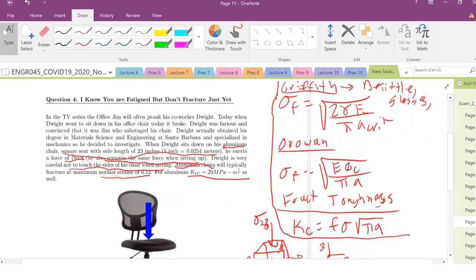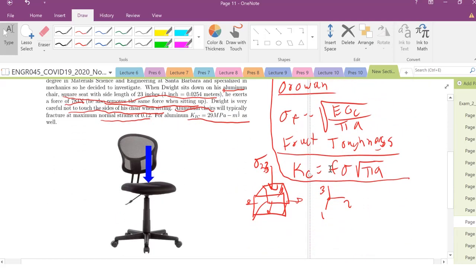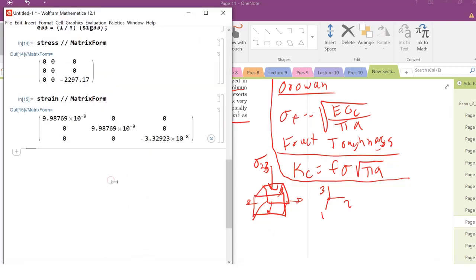No. Are we given G sub C? No. We're only given fracture toughness, which is this value right here. So let's go ahead and solve for this expression. So our fracture toughness is 29 times 10 to the 6